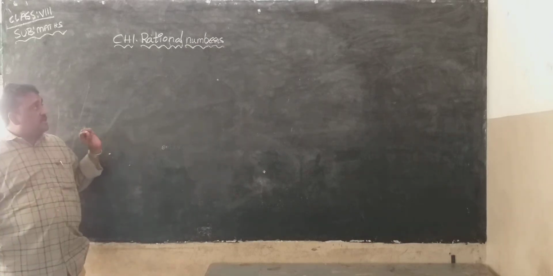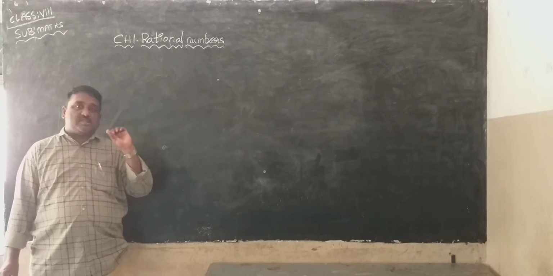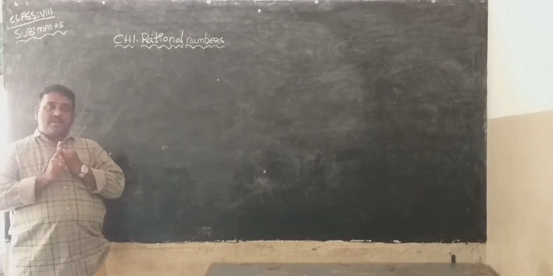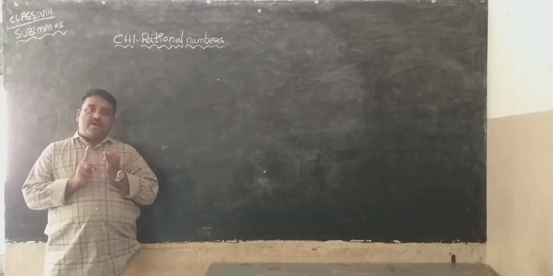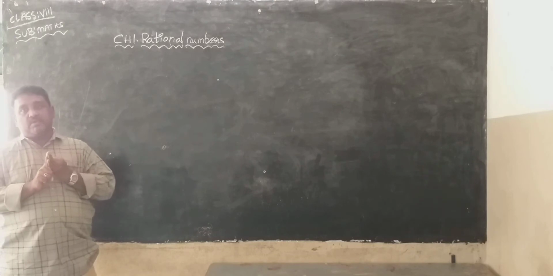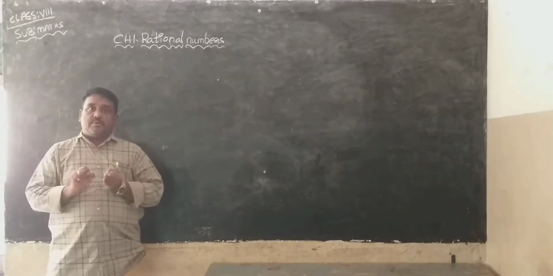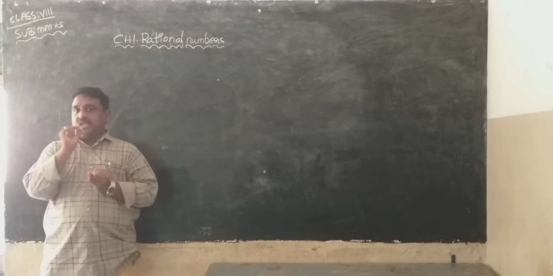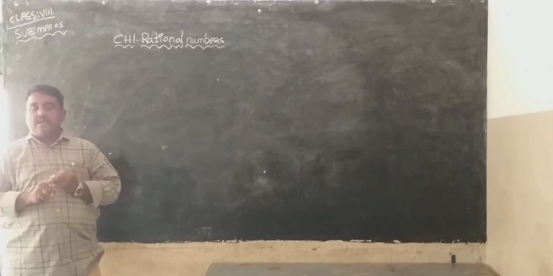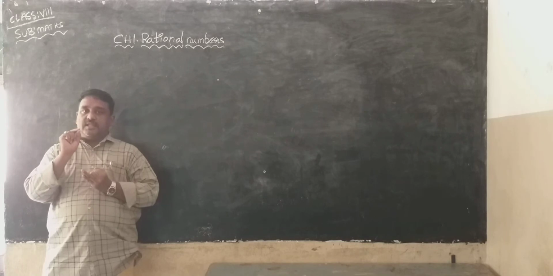So, good morning students. In the last class, some introduction about rational numbers was completed. What was completed? Number 1, terminating decimals, which we can write in the form of p by q. Number 2, non-terminating repeating decimals, which we can also write in the form of p by q. There we talked about two more important topics in non-terminating repeating decimals: number 1, period, and number 2, periodicity. Up to that was completed in the last class.